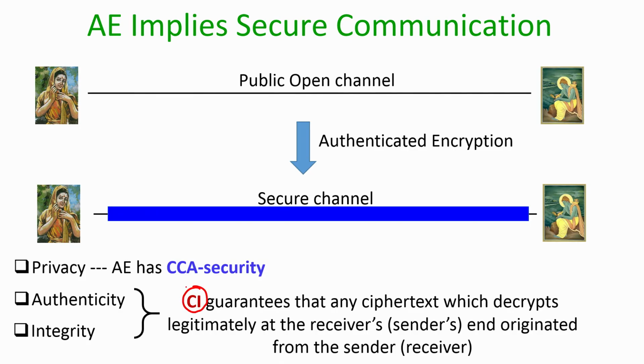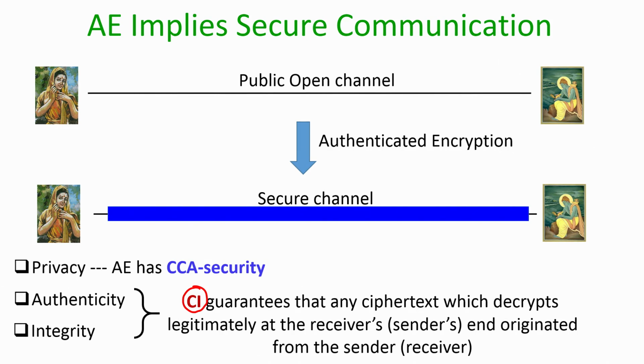This is because if at all any ciphertext is decrypted legitimately at the receiving end, then the receiver is sure that with very high probability it has indeed originated from the designated sender, because the receiver is going to decrypt those ciphertexts using the key K, and only the designated sender has the same key K. So, if at all a ciphertext received by the receiver has been decrypted legitimately and does not give an output bot, then from the ciphertext integrity property it follows that indeed that ciphertext was not inserted by an adversary. It has indeed been communicated by the sender and it has not been tampered with.